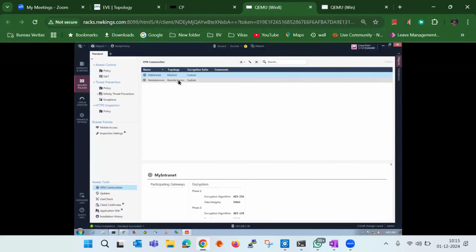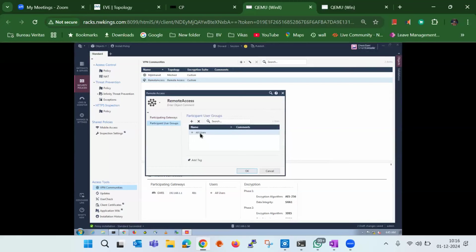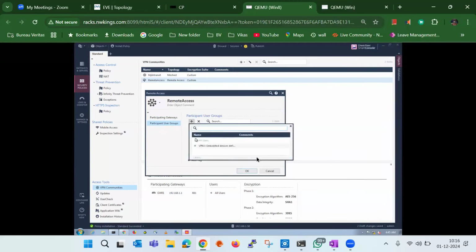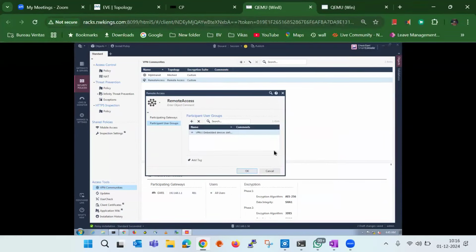If you go to remote access VPN, participating user groups, you can see all users are there, right? What you can do is cancel this and click plus on it, and you can either select this particular group or